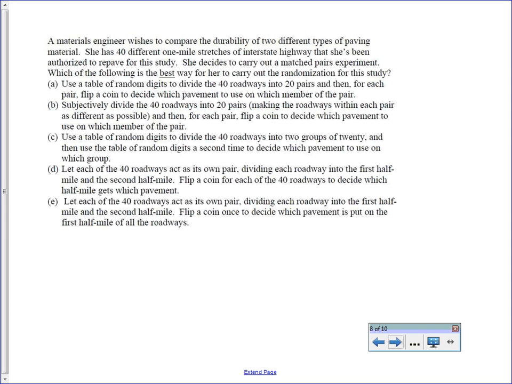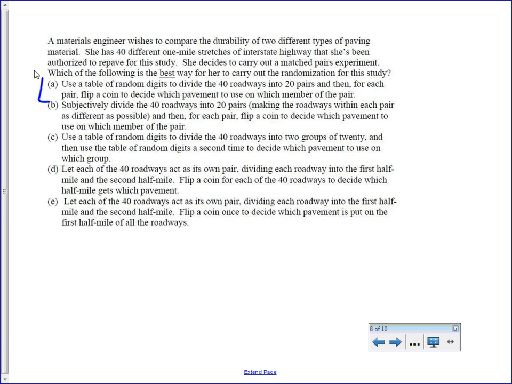A materials engineer wishes to compare the durability of 2 different types of paving material. She has 40 different 1-mile stretches of interstate that she's been authorized to repave for the study. She decides to carry out a matched pairs experiment. Which of the following is the best way for her to carry out randomization of this study? All right, so she's going to match pairs. So, use a table of random digits to divide the 40 roadways into 20 pairs, and then for each pair, flip a coin to decide which